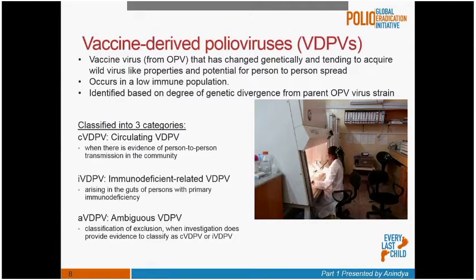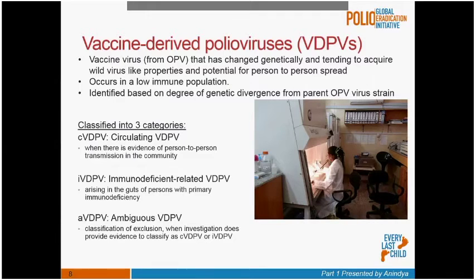Vaccine-derived, we have been mentioning this term. So what is a vaccine-derived polio virus? You see, oral polio vaccine contains weakened but live polio viruses. They are so weakened that they produce immunity, but they do not transmit from person to person. Now, every living agent, because these are live viruses, they multiply within the body, and in that process, they also change a little bit. Their RNA changes inside the virus, so that is mutation. Sometimes the change is such that they acquire properties tending towards wild virus. That means they acquire the property of transmitting from person to person.